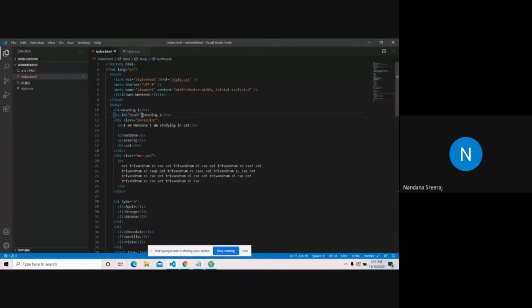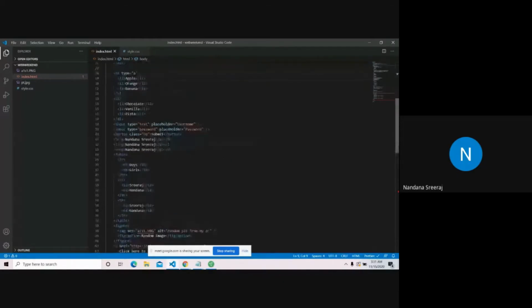If I tell the HTML document to fetch me ID heads, it'll give me this heading 2. So the HTML document understands that ID heads means this H2 tag in line number 7. We are giving a unique name to that heading tag.